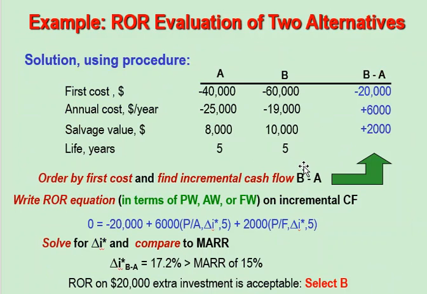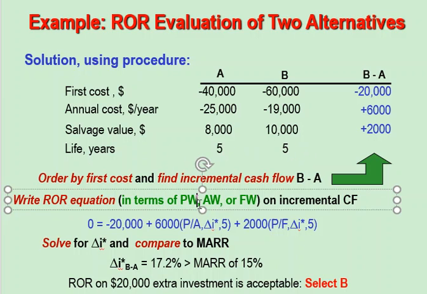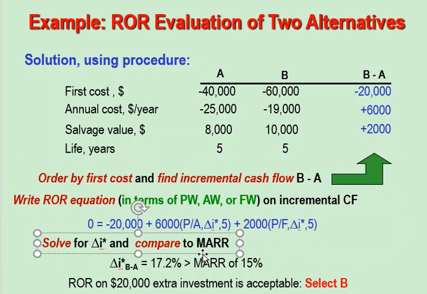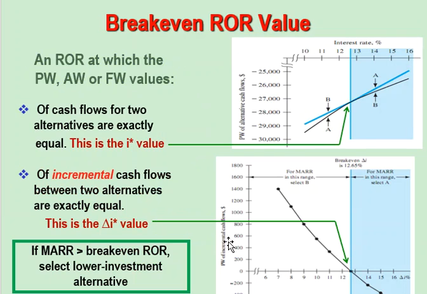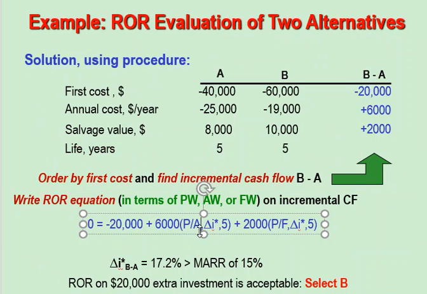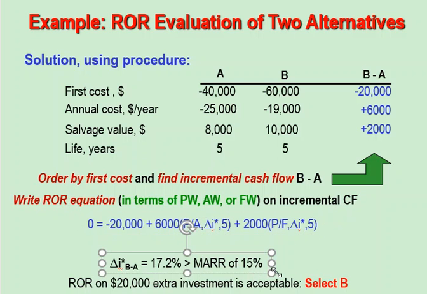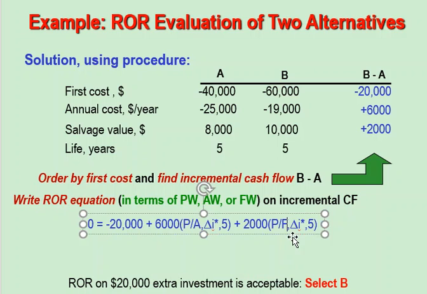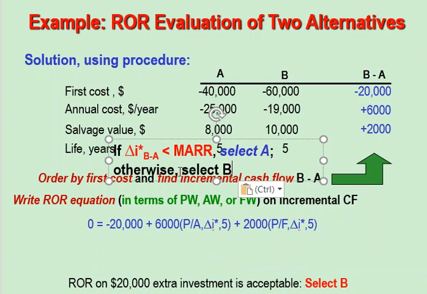Let's assume, for whatever reason, I have 5 and 10 and I don't want to use LCM. What should I do? Rather than using PW, I will use AW. How am I going to use AW? It's very simple. Let's compare: this here is PW. If I want to use AW,